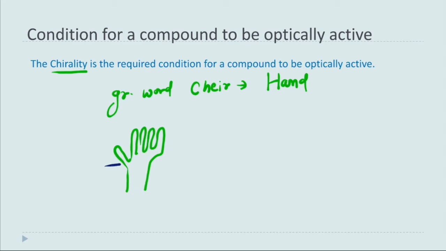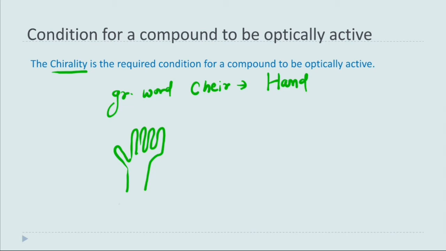If we dissect it from here, then also we don't get any similarity. If we assume a center, then also we see that while moving in the opposite direction from the center, we see different environments. That means there is no center of symmetry also. Okay, so it means that this hand is asymmetric or chiral,